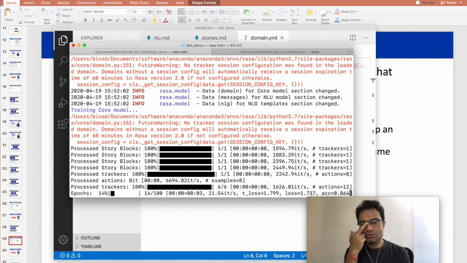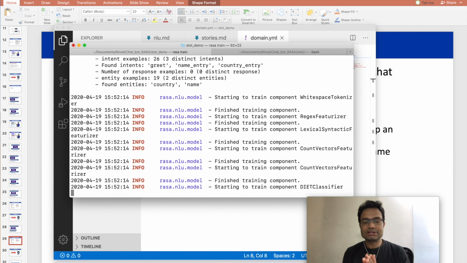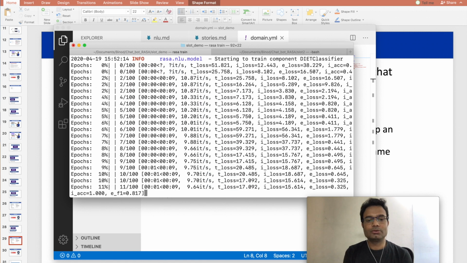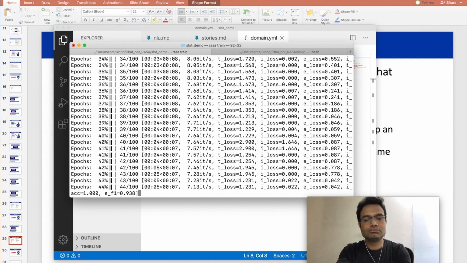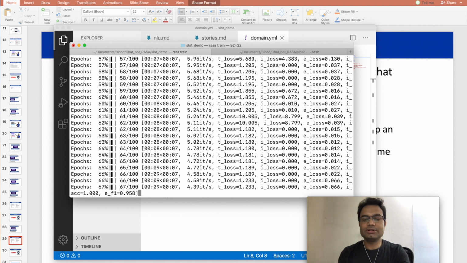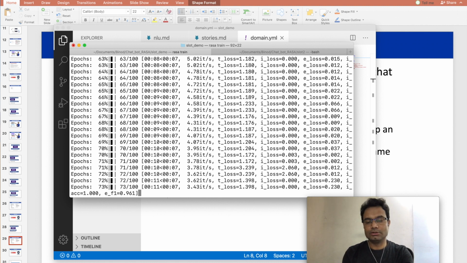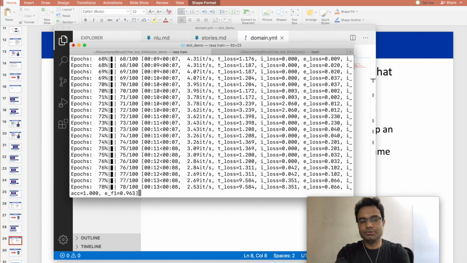Yeah, so this video is for the slot in the RASA framework, where NLU will automatically take the data, and if the entity name matches the slot, it will put that value in that slot, which you are going to see. And if you give enough training data in the NLU.md, the prediction should be high.